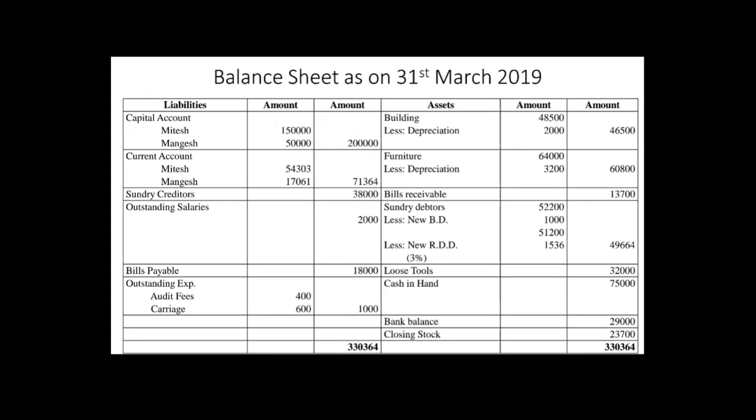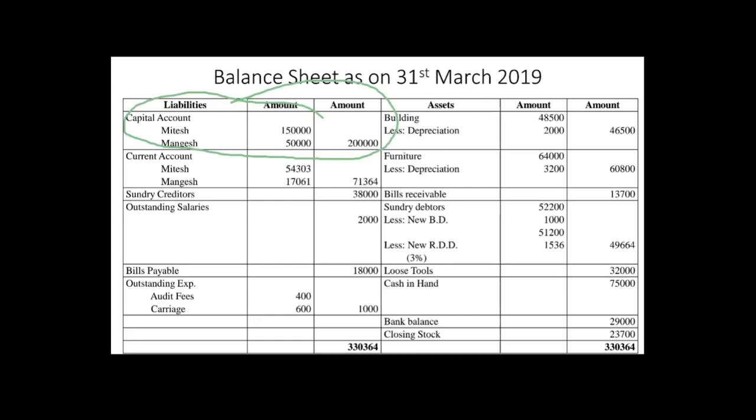It's a very important point: if a current account is given, it means it is a fixed capital method, which means the capital of the partners never changes. So you will directly record that amount in the balance sheet ke liability side, that too as the first item, वो हमेशा first item ही होना चाहिए. You will mention the capital account, the names of the partners, the amount given in the trial balance, and then the total. This is the way you will record the capital.